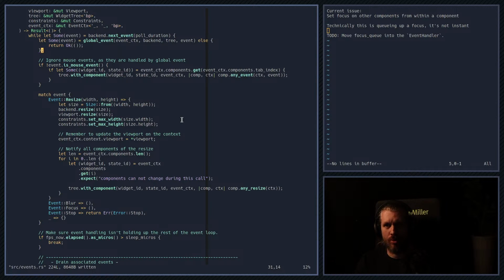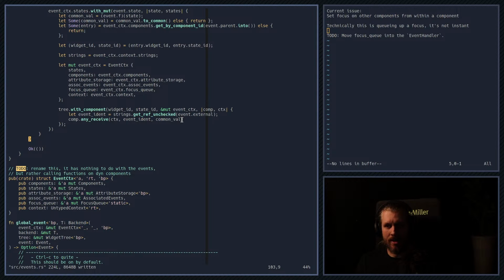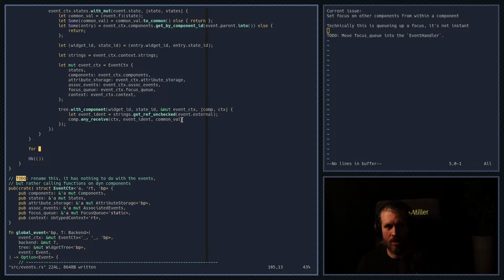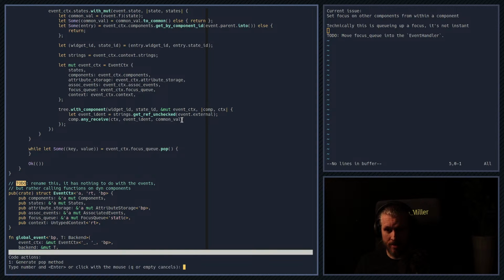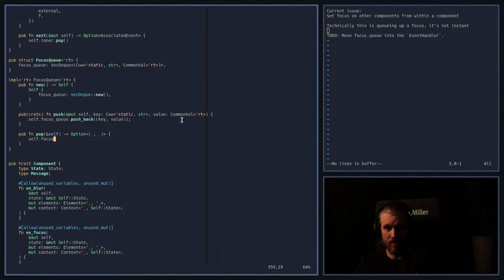Okay, so we're gonna go through and do all this work with the events, and then here we can now drain the focus queue. So while let Some(key, value) equals, just wondering about that. Okay, you know what? It's fine. While let Some(key, value) equals event context dot focus queue dot pop, which by the way now means that we're gonna have a pop function, which will be self.focusQ.pop front,